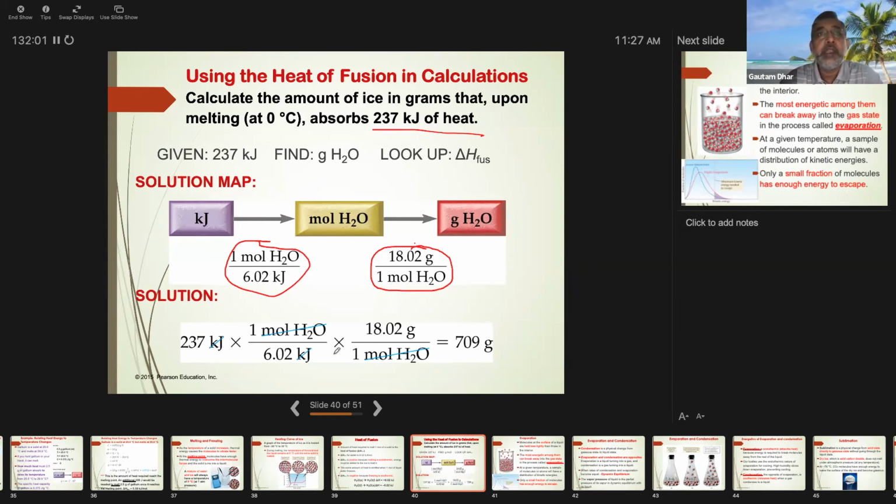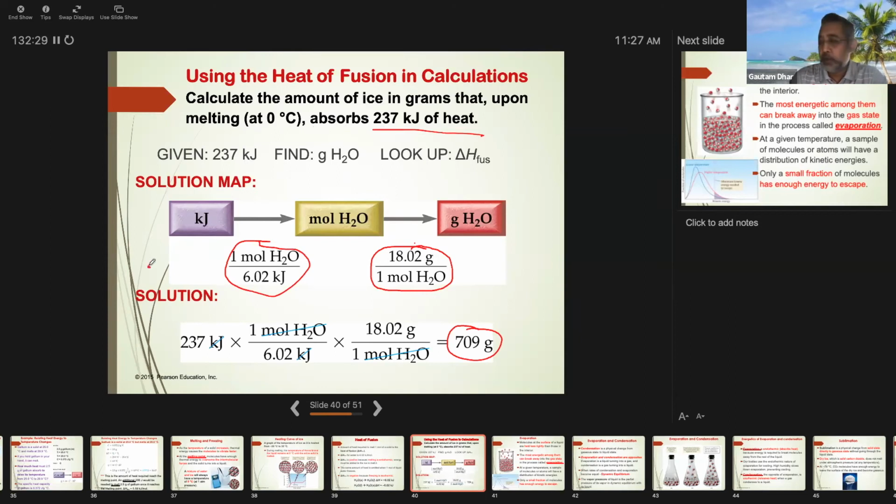So basically, you are multiplying and canceling the units, and you are getting 709 grams. Now, if I give you the same question in grams: calculate the amount of ice in grams that upon melting will absorb 237 kilojoules of heat. But instead of saying 1 mole, I would say for this one